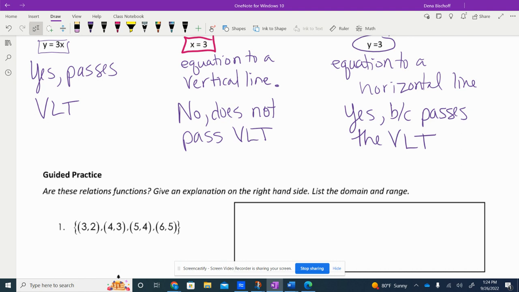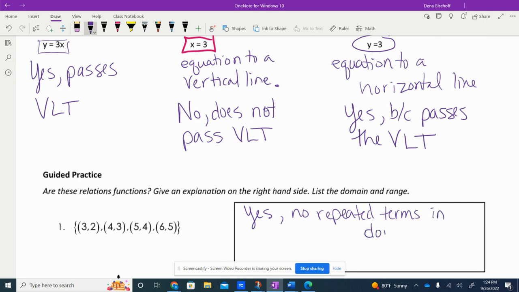So example number 1. Does this relation represent a function? And remember, it's not enough to just tell me yes or no. You have to tell me why. Does this relation represent a function? What do you think, Hayden? Yeah. Why? Yes, no repeated terms